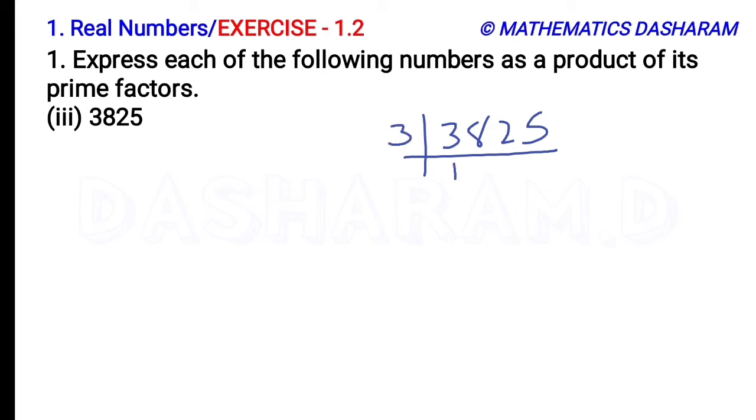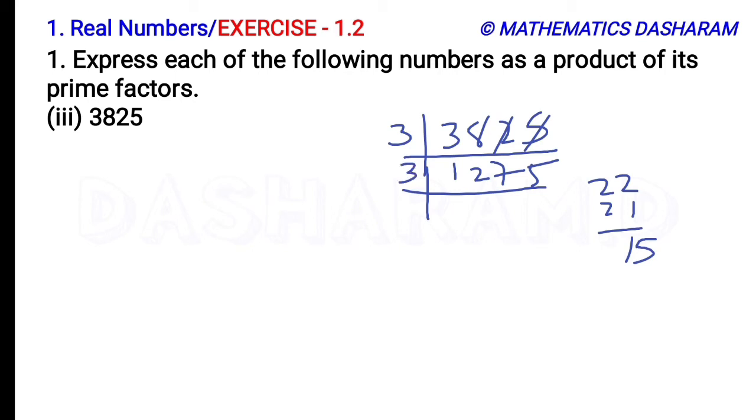So here 3 ones are 3, 3 twos are 6, remainder 2, and next digit 2: 3 sevens are 21, remainder 1, next to 5: 3 fives are 15. So 2 plus 1 is 3, 10, 15, again 3 table. So 3 fours are 12, 3 twos are 6, remainder 1, next digit 5, 3 fives are 15.